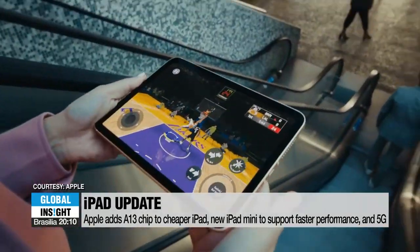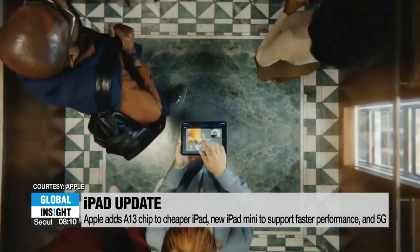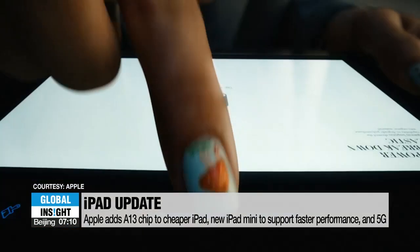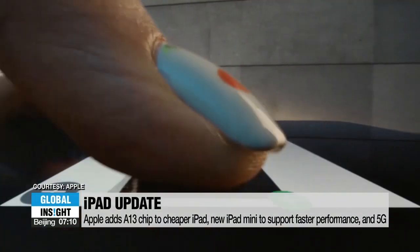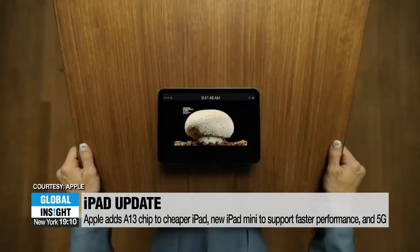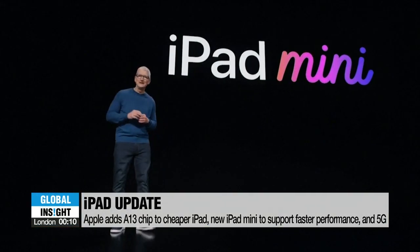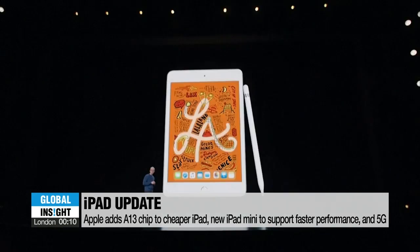The iPad mini and the iPad 9th generation now have a feature called Center Stage, which utilizes a wide-angle front-facing camera so that when you're on your video call or FaceTime call, it actually manages to keep you in the center of the frame if you happen to move around. So that's a particularly relevant application and feature for all of these Zoom calls and video conferences we're doing right now